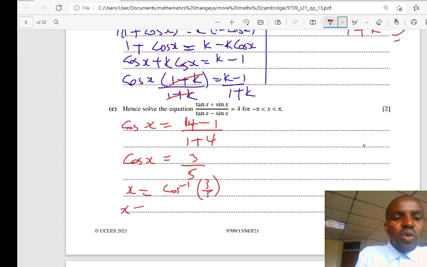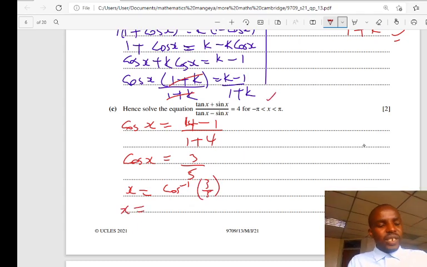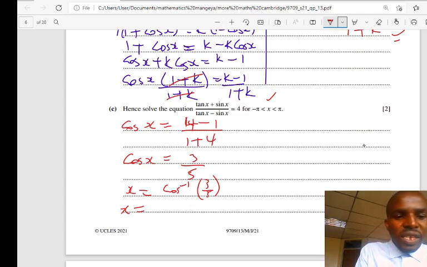Then x is equal to, right, our answers are needed in degrees in this case, so they are required in degrees. Or in radians, fine, radians. So you can put your calculator in radian mode. Rad mode, RAD. Then after that, you can say arccos, second function, then cos, then 3 divided by 5. You get 0.927.